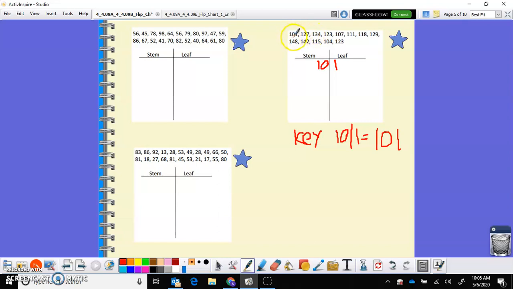Okay. All right. So then I'm just looking at the 10s, the ones that actually have the number 10. There's one, here's 107. Oh wait, I've got 104, that's going to come first. So I want to put a leaf of 4 here, with a stem of 10. This one has a stem of 10 and a leaf of 7. So that would be all of my 10s. Okay. The next one I'm going to go to is 11. If I just look at these first two digits, they make 11. So my next stem is 11. So I have a stem of